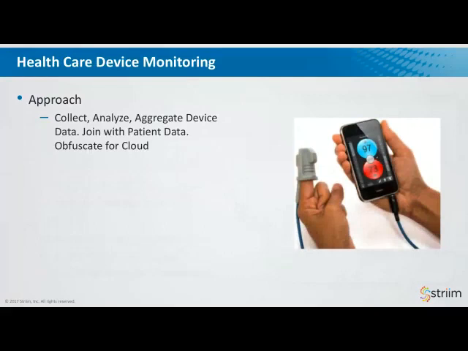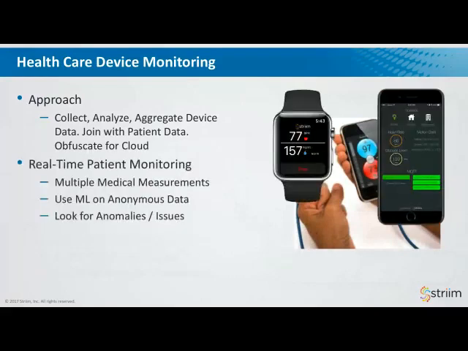Now, it's one thing to be able to measure certain aspects and parameters of a patient, but if you can join all of that with multiple medical devices, patient data, potentially utilizing machine learning on anonymized data to enable you to look for anomalies or potential issues. Like, for example, if you had additional information about a diabetes patient, in addition to glucose measurements, you knew when they last ate, whether they'd been out for a walk recently, what their heart rate was, and you could combine it and correlate all this together, compare that against the model, you would be able to track immediately if this patient was at risk.